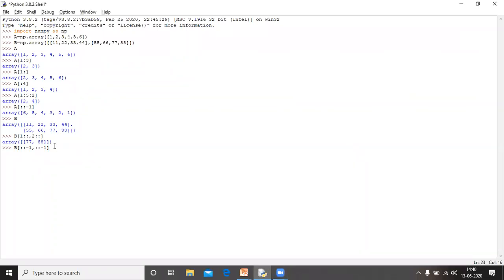Then the output must be 88, 77, 66, 55, 44, 33, 22 and 11, because rows and columns both are reversed. Okay, I think this one is clear in slicing and indexing.